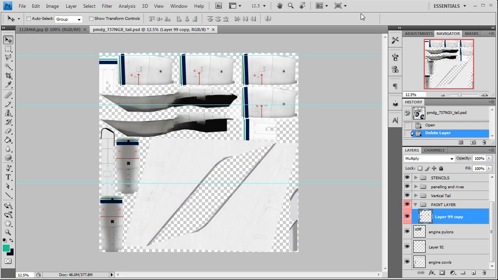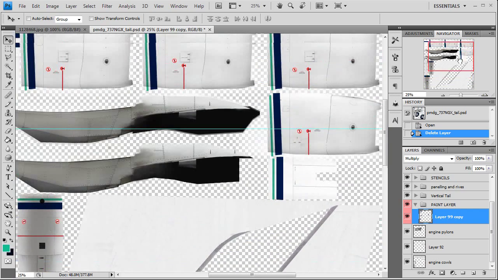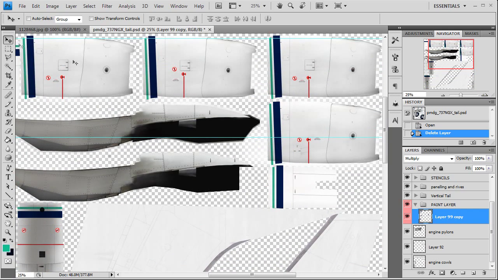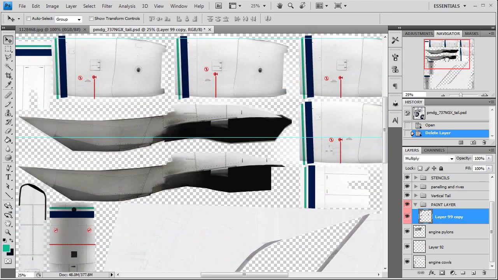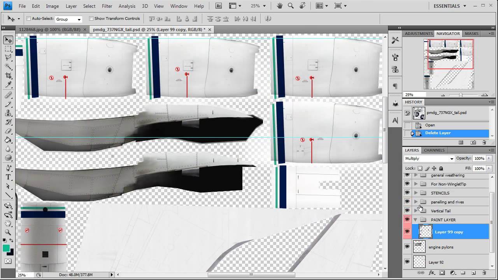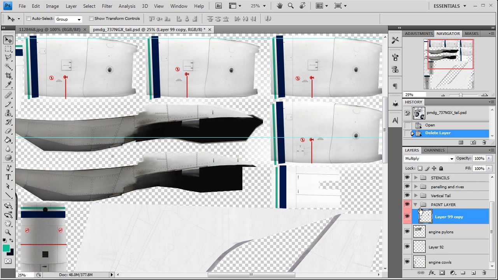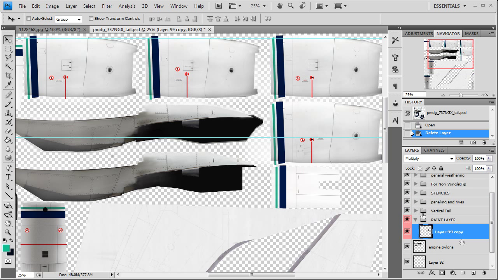In the interest of saving time, I have already gone ahead using the same methods that we used earlier to paint the cheat lines onto the engines themselves. I'll just explain how the engines are separated in their paint kit. They have a paint layer just like on the master fuselage texture,